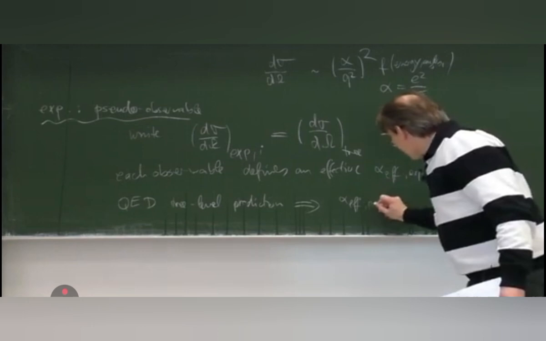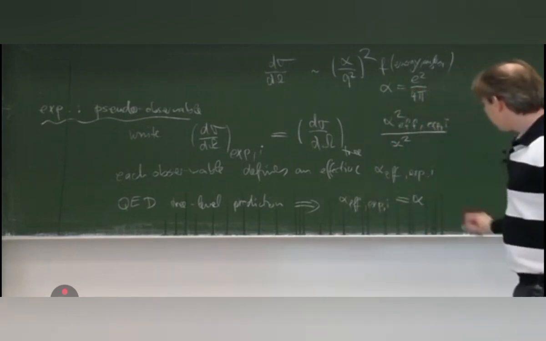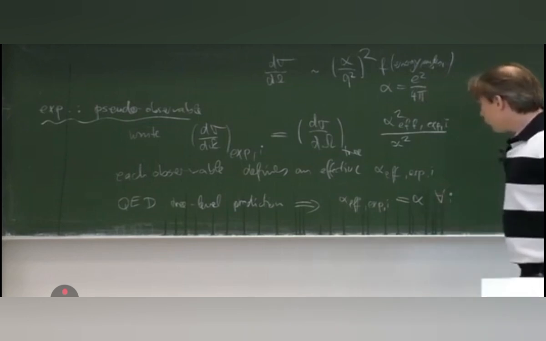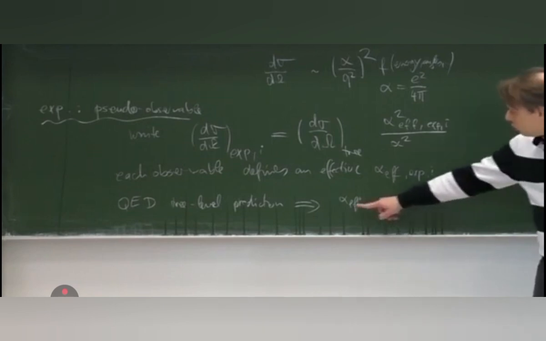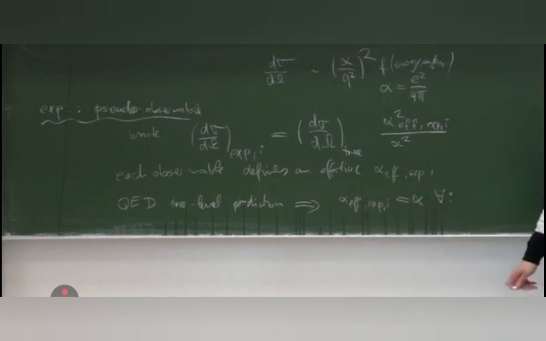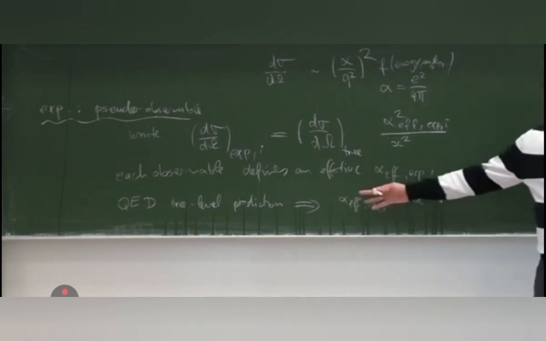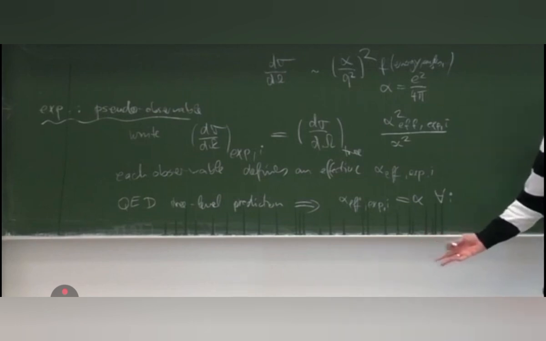That is the construction recipe. So for each experiment, the QED prediction would be the same. At tree level, you predict that the effective alpha is equal to the theory alpha. And in particular, the QED tree-level prediction is that all of those experimentally measured effective alphas are all the same. That is simply by construction,